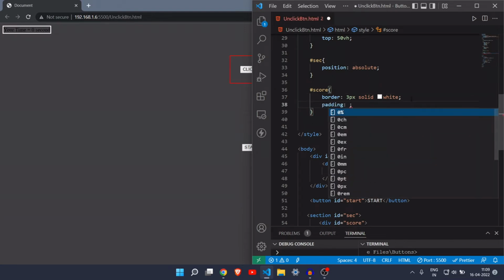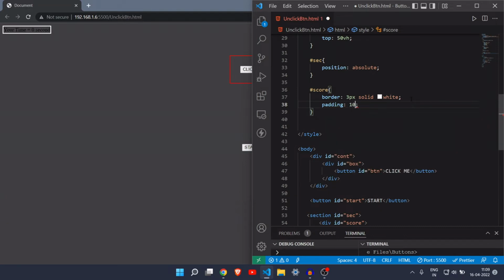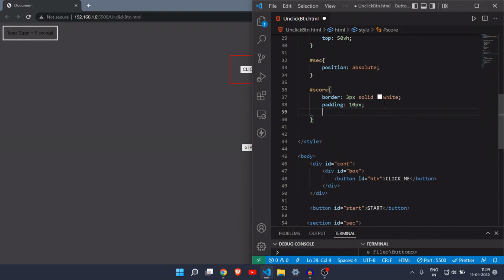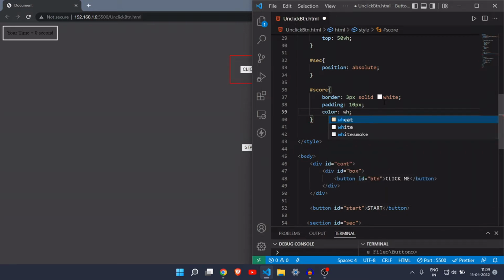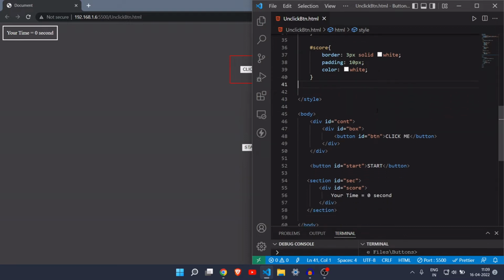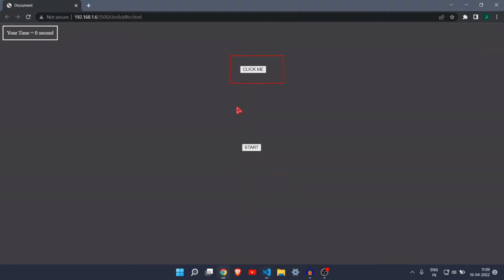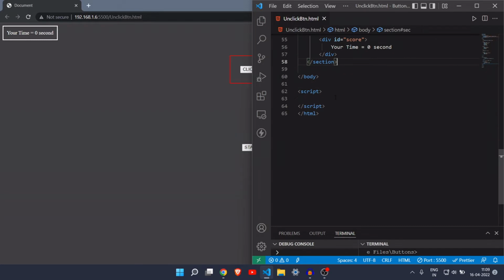And let's add some padding, let's say 10 pixel. Yes, it is looking great. And now I will also change the color of the text to white. Okay, and yes, now it is looking great. All right. So I think now our styling part is all done, and let's move to the main part of this video,